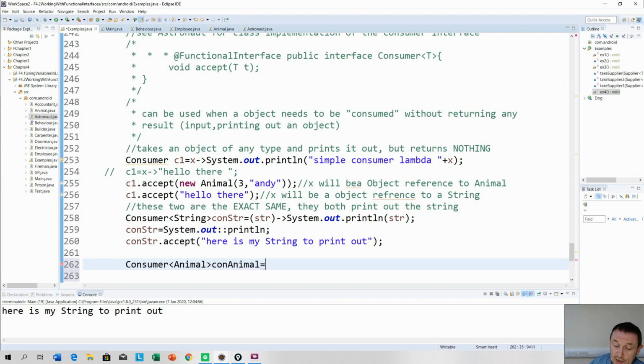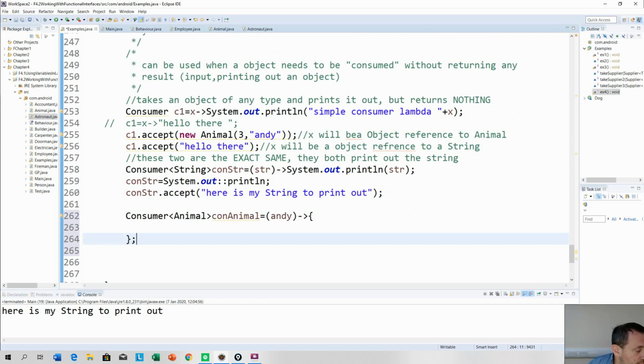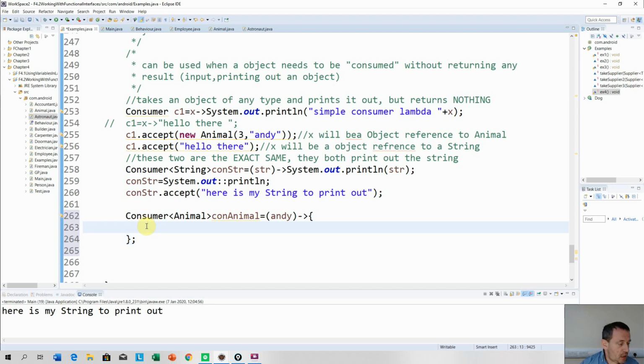Is equal to. Now I'm going to do the long form lambda here. So I am going to say, now you can do that, animal ND, but I'm just going to go ND. Okay. I'm going to go here, and this is the long form lambda. Now, this returns nothing if you don't have any return statement in it. Okay, so what I'm going to do is I am going to just print off the method